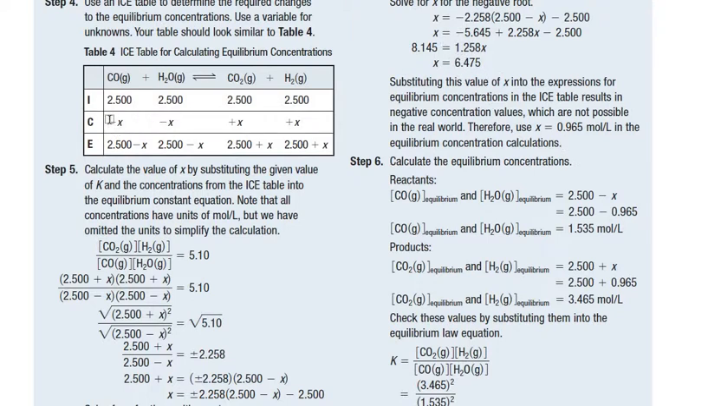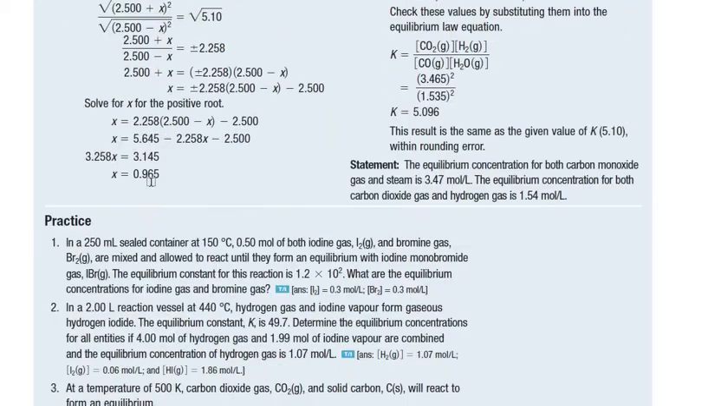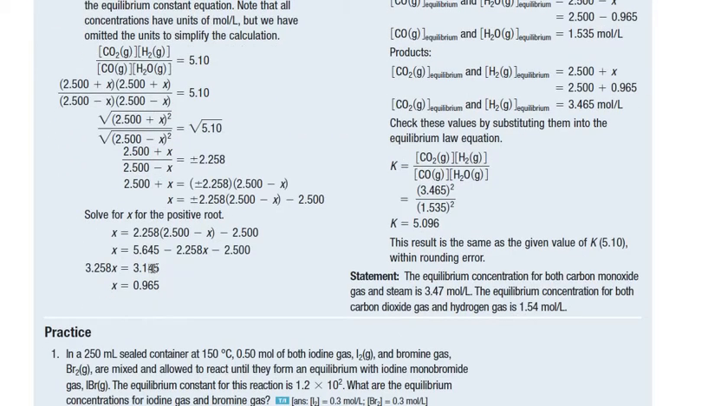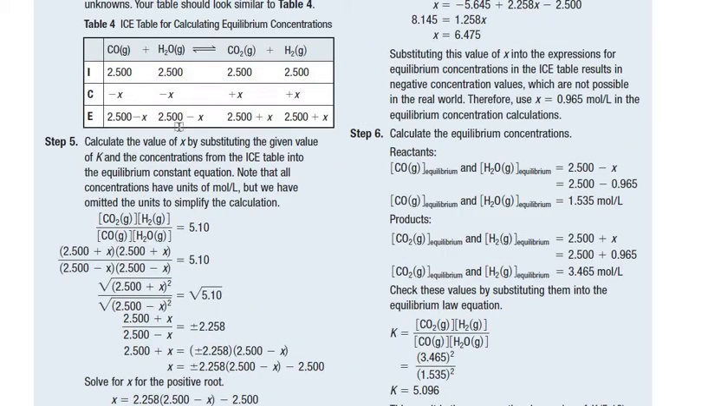Because if we sub it in here, for example, this number, the equilibrium concentration will be negative. So this one is not acceptable at all, and we need to consider this one as the x value. Since this one is x, we can sub it in here and find the equilibrium concentration for all of them. As you see here, the equilibrium concentration for CO and H2O are the same, which is 2.5 minus x, 2.5 minus